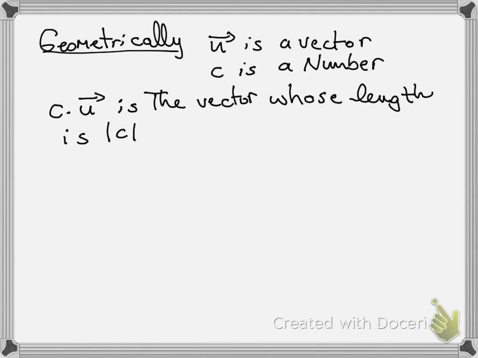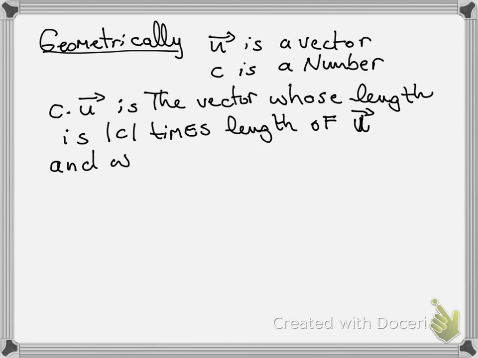So it is the vector whose length is the absolute value of c times the length of u, okay,